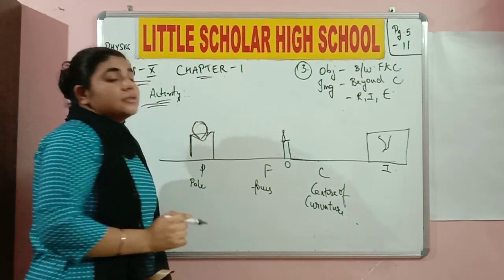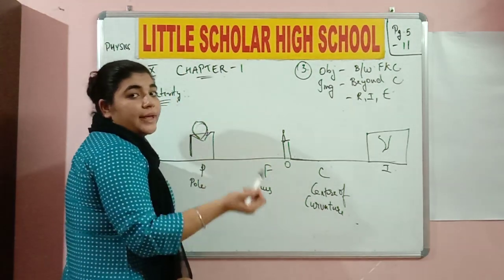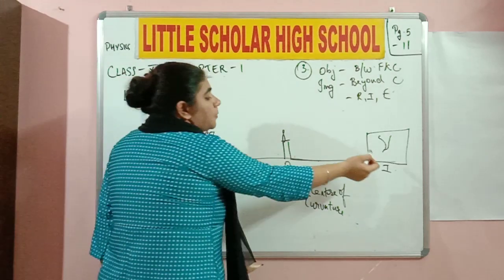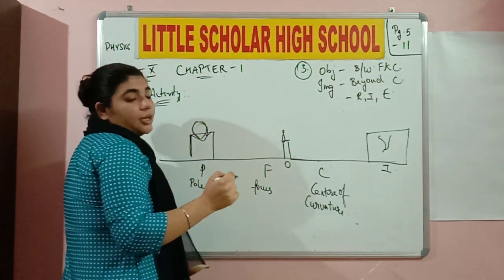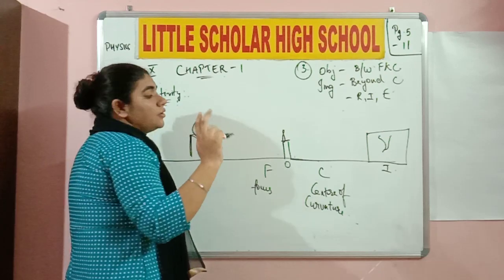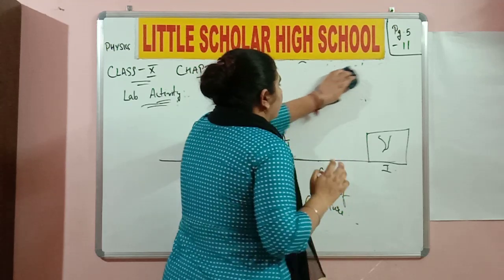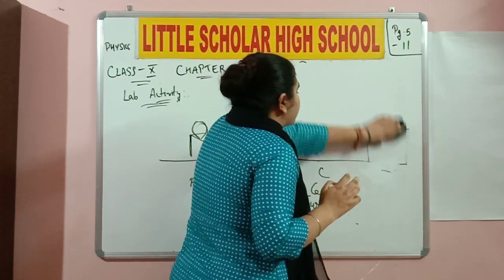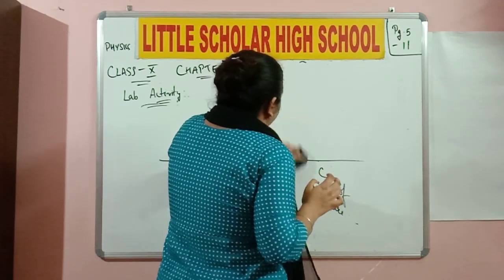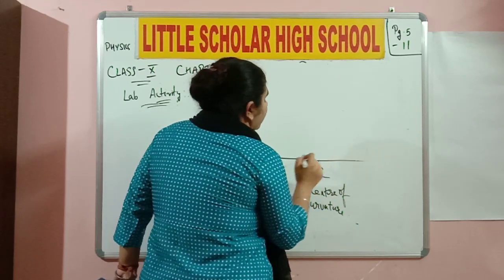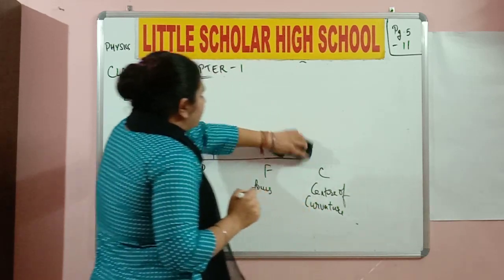Okay with everyone? This is our third case. I am placing the object between F and C. So where do I need to place the screen of white paper right now? I need to place it beyond C to get my resultant image. Okay, and what is the nature of this particular image over here? It is real, inverted and enlarged. Fine. Now, we are moving on to the next case over here. What do you think is going to be the next case, class? Try to note down all the details of this in the table on page number 6 probably. Fine. So now, let me make it more neater for you.